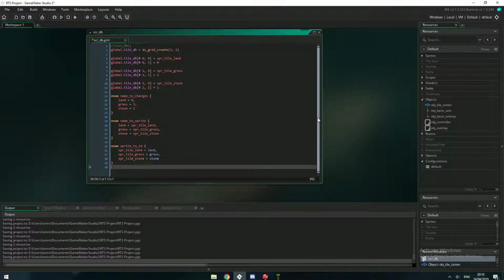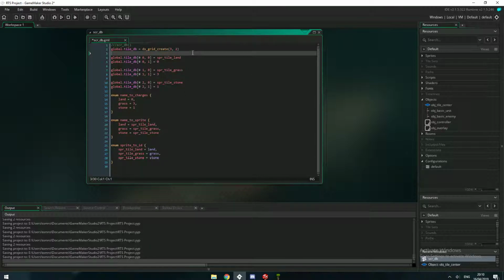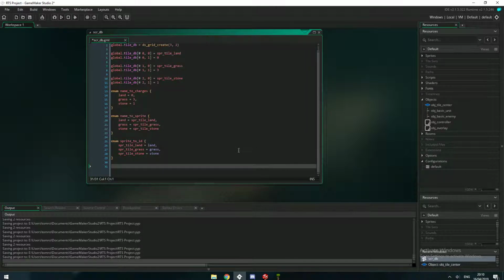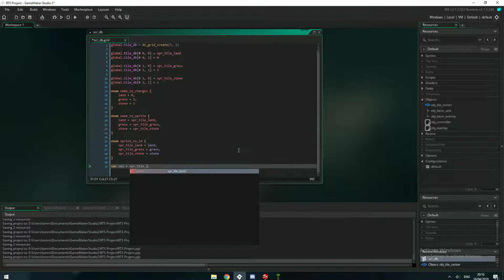So it's something to think of if you're starting something: think about this with enums in mind, because they are quicker. I started off, I think I made something that looked a little bit like this in the last one, but I had sprites here. And the main problem that I consistently run into is if you have some sort of variable, say val equals sprite tile land, say,